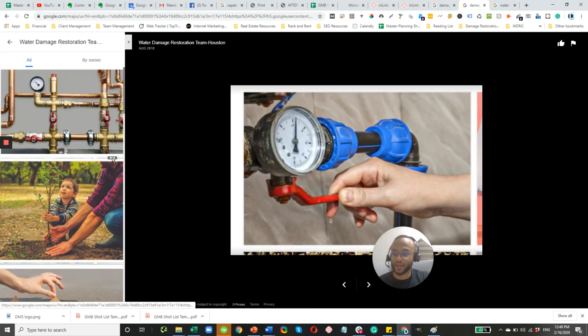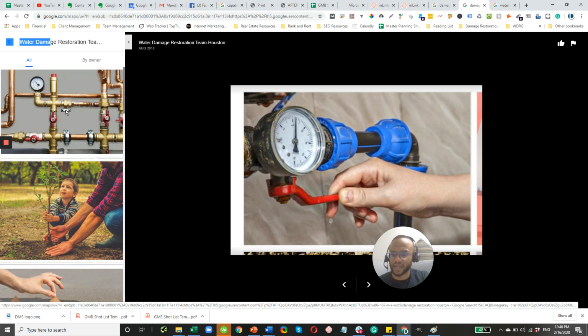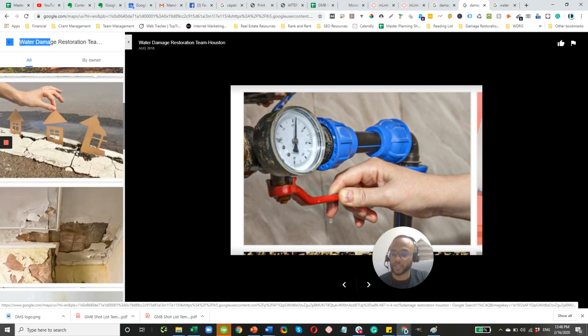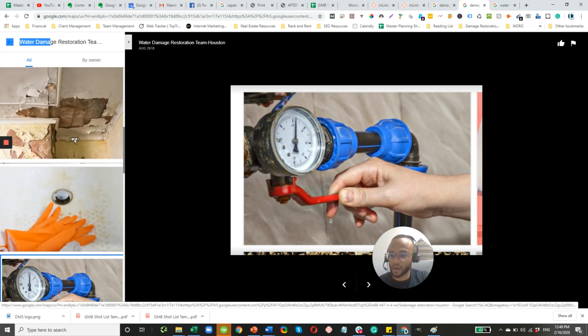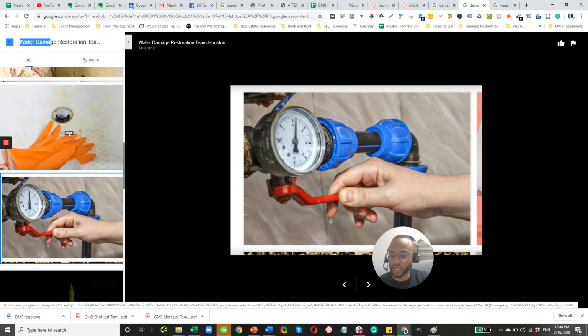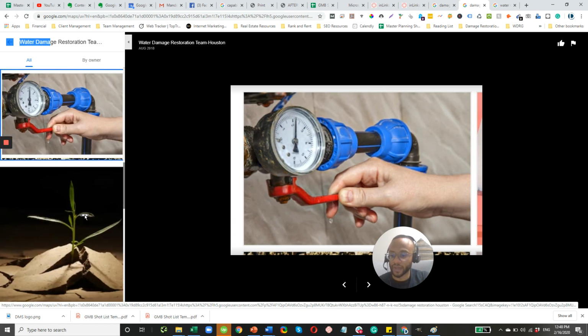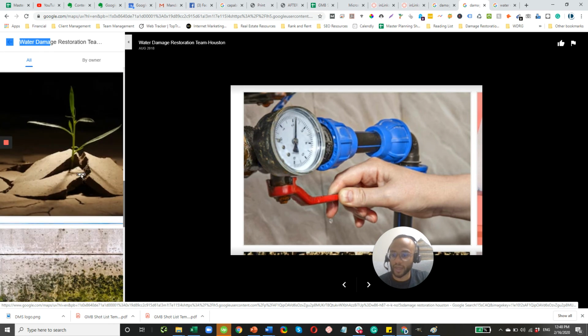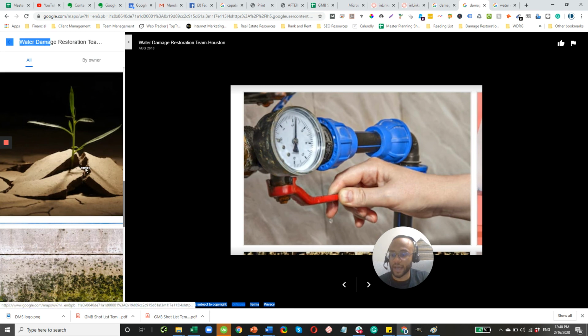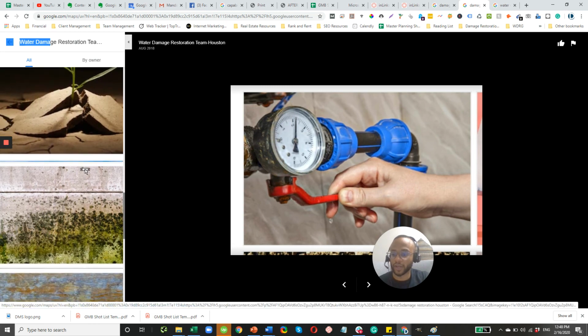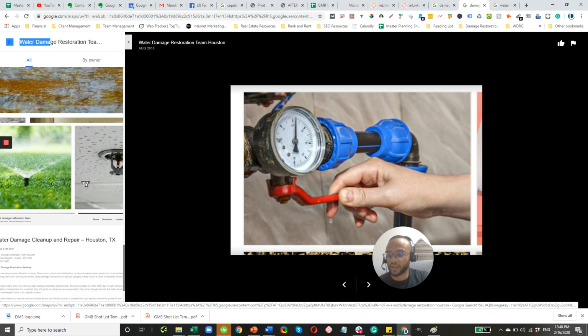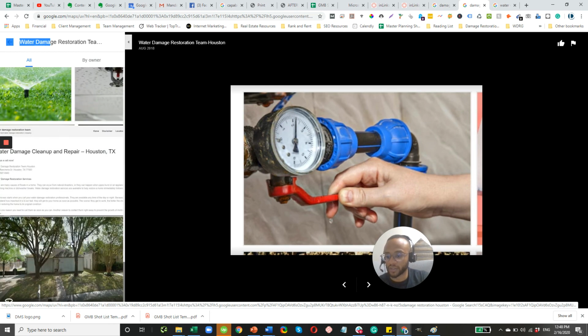Now, for the bad example, this is going to be a lot shorter. This is another water damage restoration company here in Houston. It looks like they've just used a ton of stock images for their photos. Maybe some of these are actual photos from their jobs, but it's really hard to tell. They have this picture of the plant, which I'm not quite sure how that relates to water damage, but there's no context there. And you can just easily compare this one to,